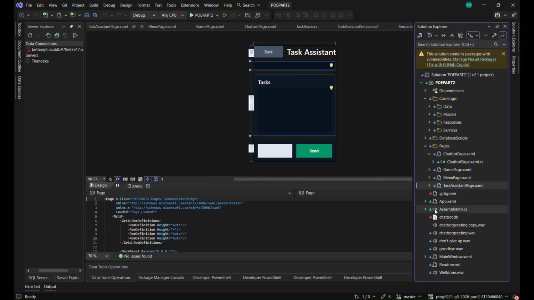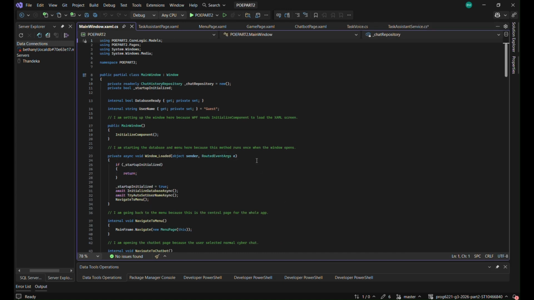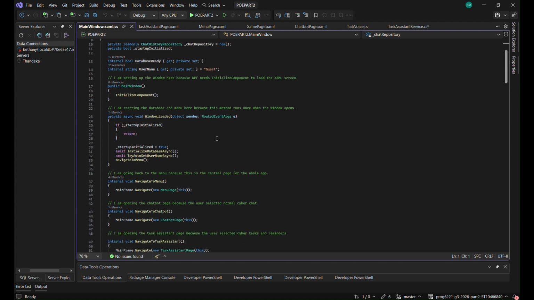So the main XAML is where most of the logic is residing. So let's go to the main XAML. The main XAML is where we are essentially creating objects of these pages and calling them. I was reading on this whole notion of inheritance, in the sense that you can inherit the pages and then pass in the objects of the respective pages to allow for pagination and